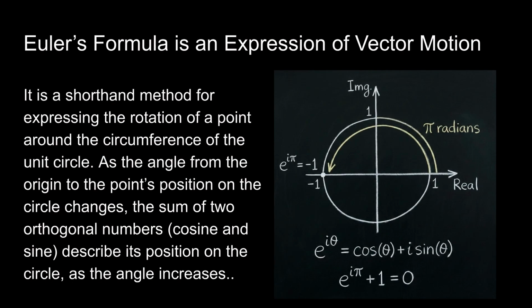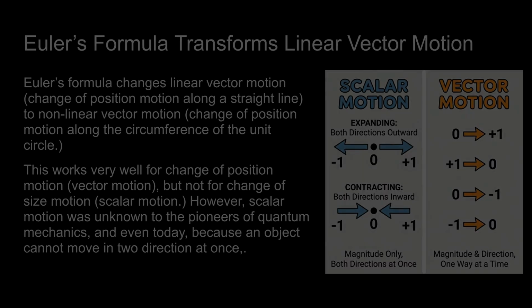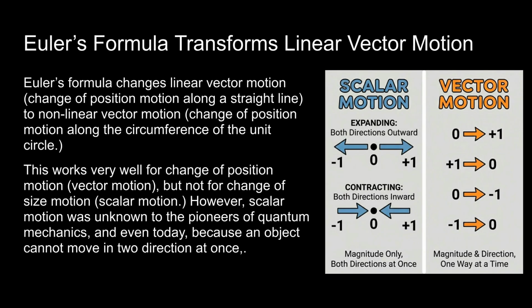Euler's formula is a shorthand for vector motion, expressing a point's rotation around the unit circle. The sum of cosine and sine describes its position as the angle changes. Euler's formula transforms linear vector motion into nonlinear vector motion along the unit circle. This works for change of position motion, but not for change of size, or scalar motion, which was unknown to